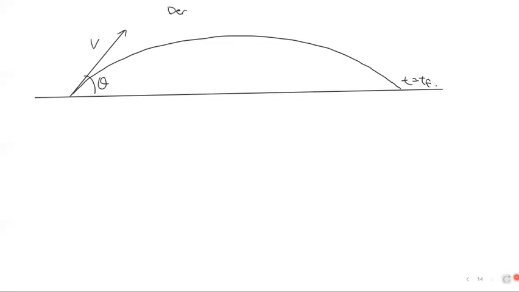The question is very simple. You launch on level ground, we're going to assume level ground. You are launching the projectile at velocity v at angle theta. What will be the time of flight? T equals